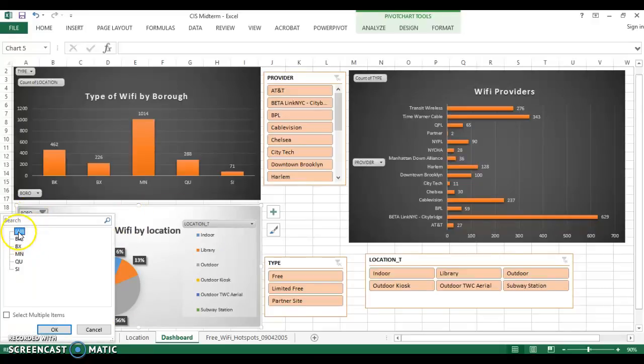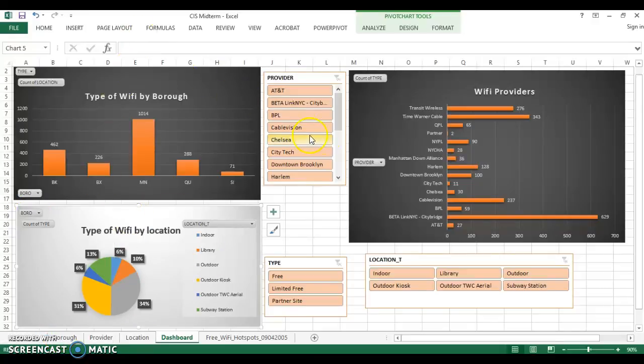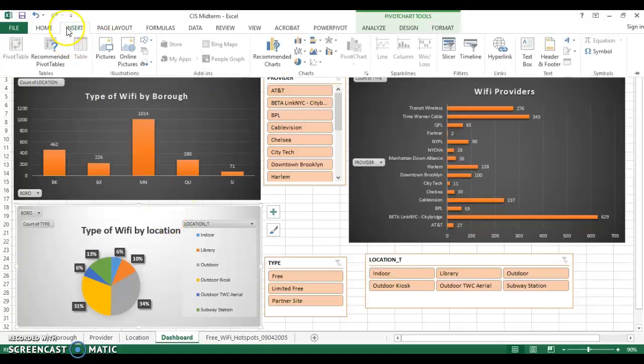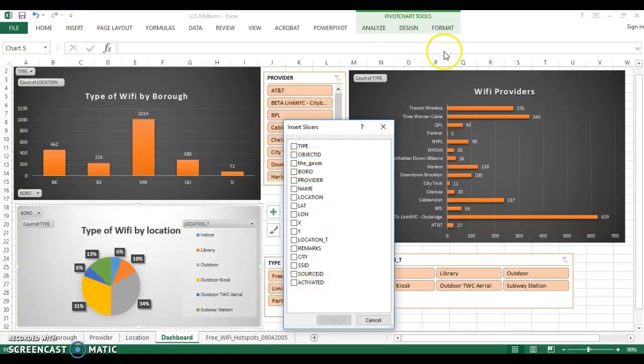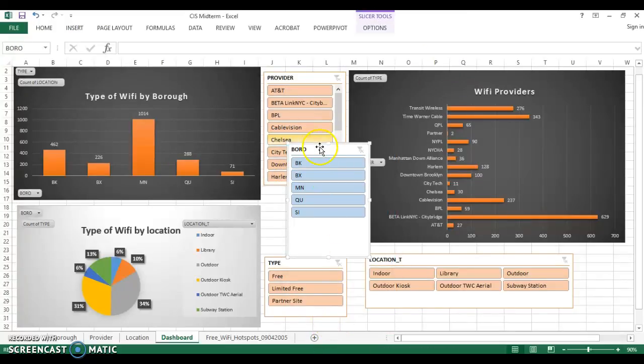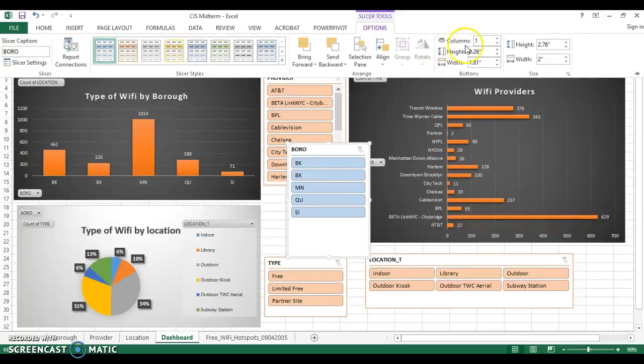So if I made a slicer that connected all these charts, it could make it easier for me to select when I want to filter something, and to see how it changed throughout all these charts. So to do that, all you have to do is click on one of the charts, insert, slicer, and borough, okay. And I want to actually make the borough slicer with 2 columns, so columns over here, I just make it 2. I also want to change the color,